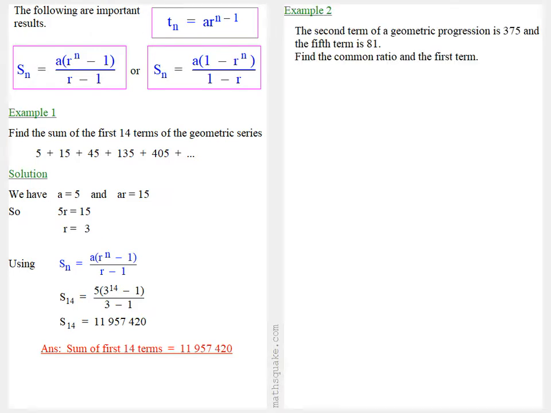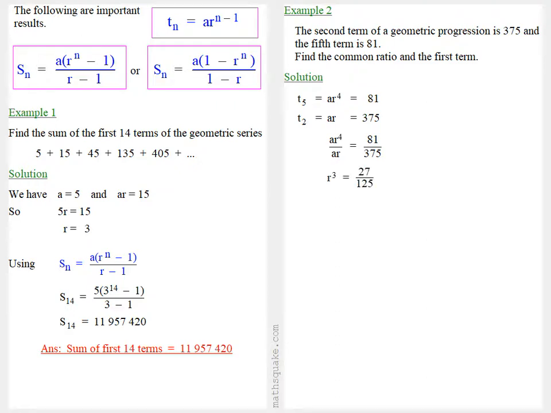In a second example, we're given the second term of a geometric progression is 375, and the fifth term is 81. Find the common ratio and the first term. Well, to solve this, we've got T5 is equal to AR to the power 4, which is 81. T2 is AR, which equals 375. So if we divide AR to the power 4 over AR is 81 over 375, and that cancels to R